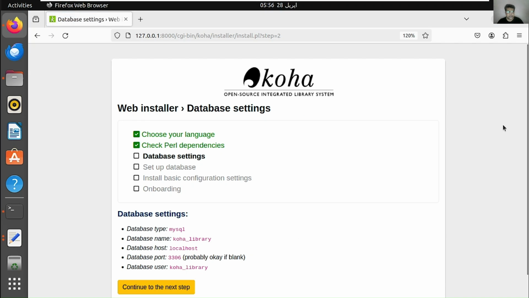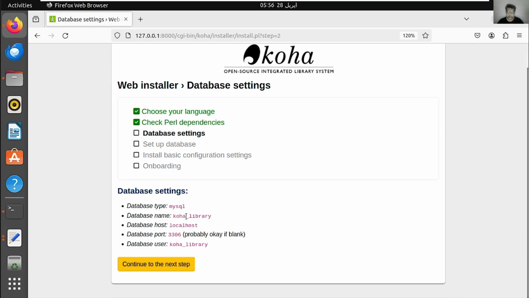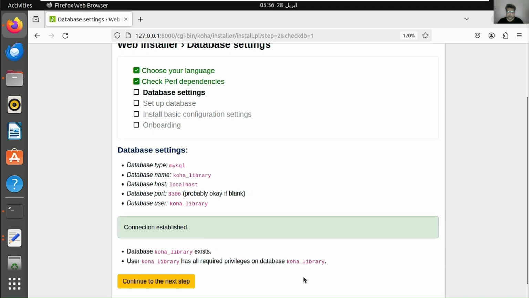There you can see the database setting here. And further, it has established the connection.